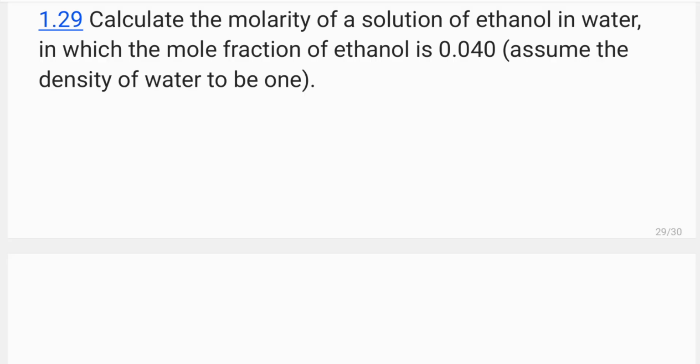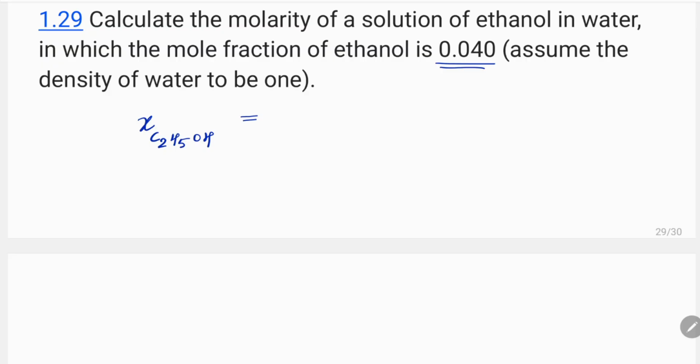Alright, now we are going to know the next question. Calculate the molarity of a solution of ethanol in water in which the mole fraction of ethanol has been given. So what we have been given? We have been given X of C2H5OH,